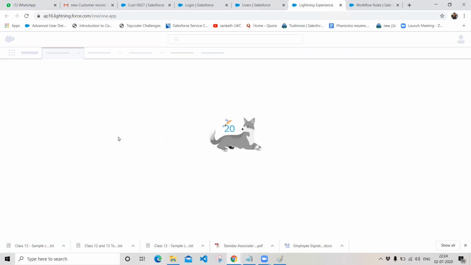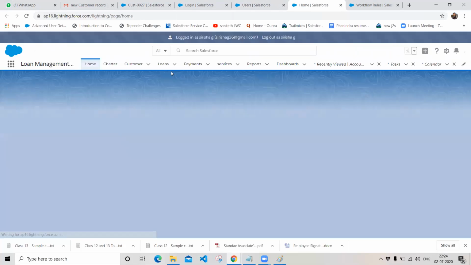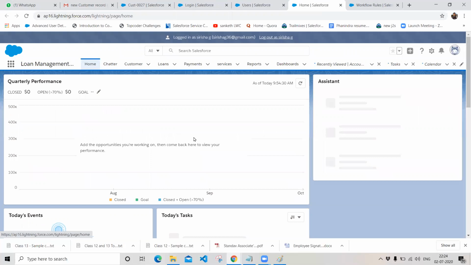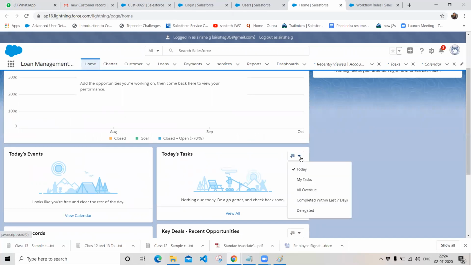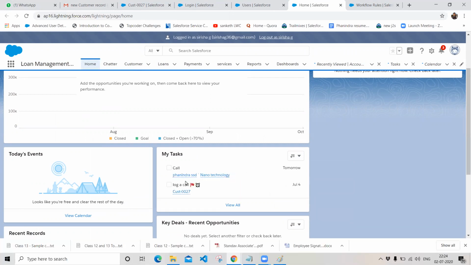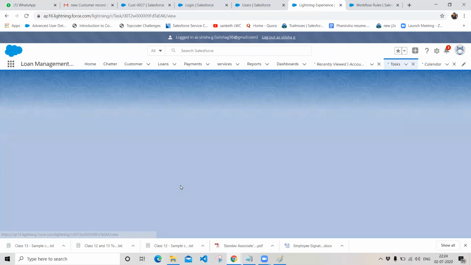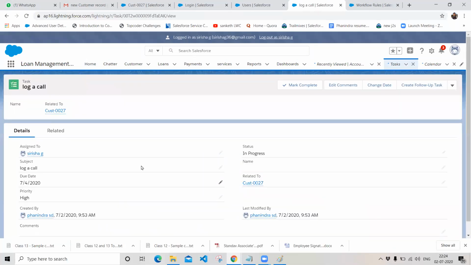So this is my home tab, and this is with respect to the task. Okay, my tasks. So this is the task which we have created for this user Sirisha. So assigned to user Sirisha G, the subject is log a call with the customer, and who is your related customer?